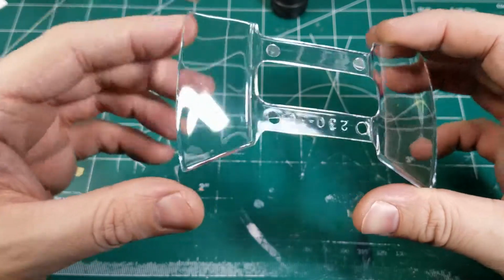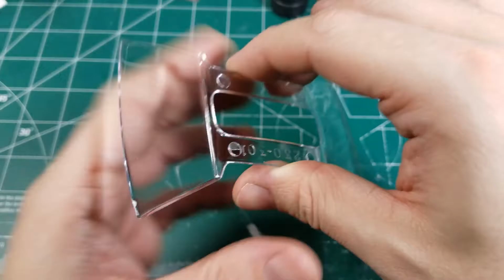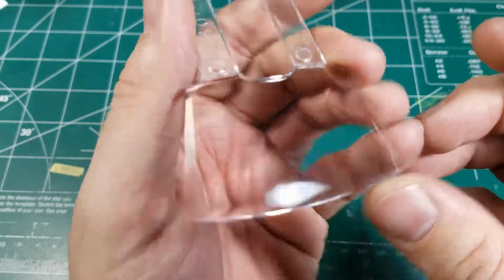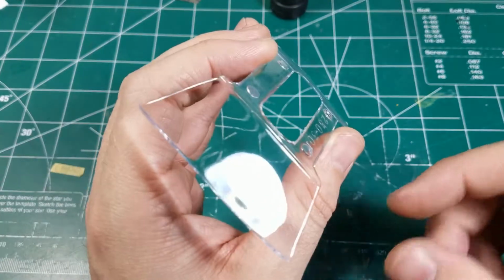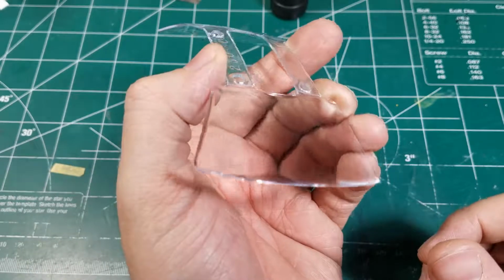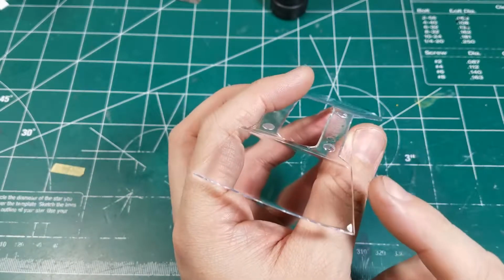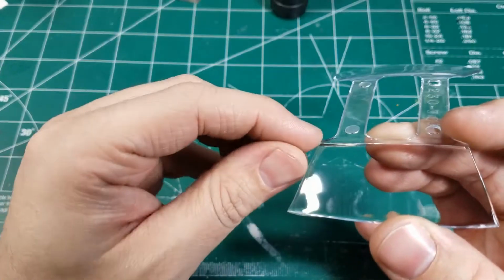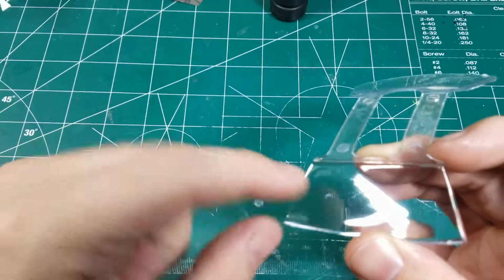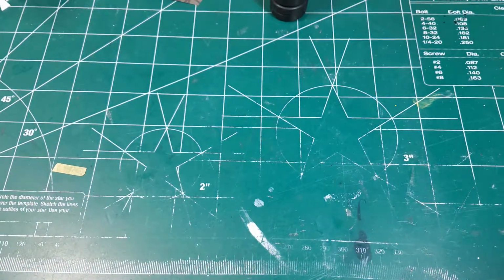Got the glass front and back. It's kind of thick with some distortion, but this will be post-apocalyptic. Anyway, so I may not use front and rear glass. A lot of post-apocalyptic cars have like sheet metal, just a slit. So I might do that. Or we've got the chrome